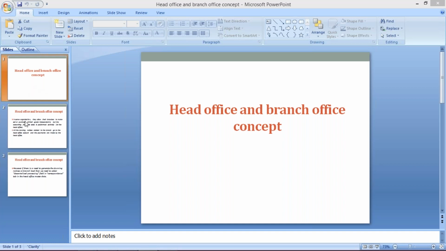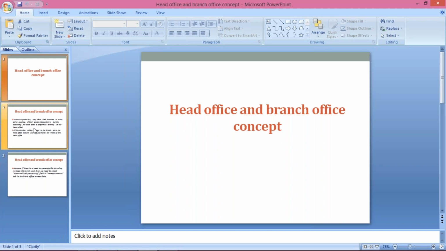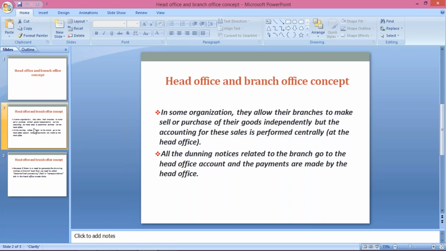First of all I'll have to make you understand what this concept is all about, and then what exactly we are going to do. These all things I'll explain here. So what is this head office and branch office concept? Now look here, in some organizations, generally they allow their branches to make sales or